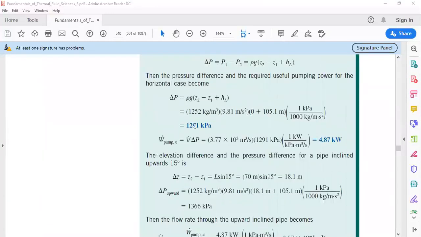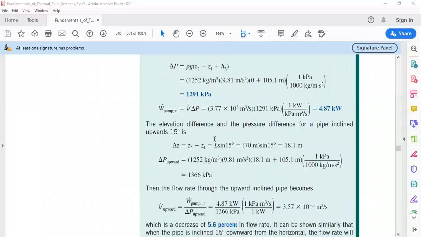So the pressure drop equals 1291 kilopascal, which is at the same time the pressure loss as well. This is the delta P_L, since there is no elevation change. The pumping power to compensate this pressure drop equals simply this pressure drop times the volume flow rate, that equals 4.87. Now, in case we have the pipe inclined upward by 15 degrees, then delta Z now has a value,